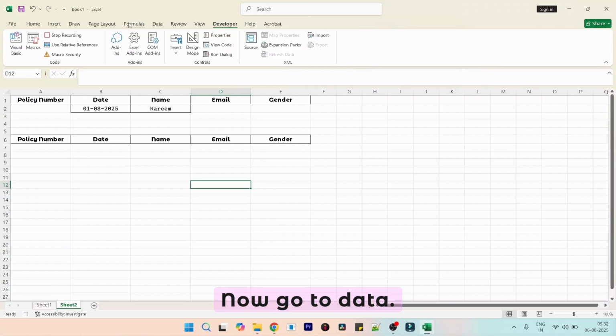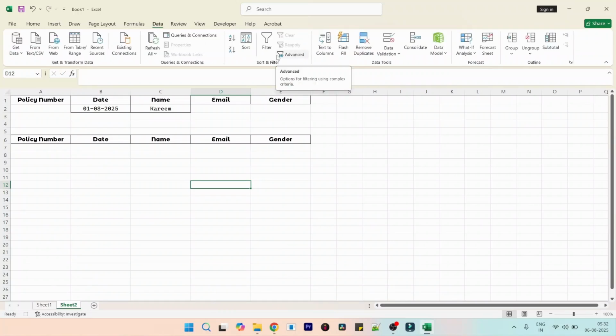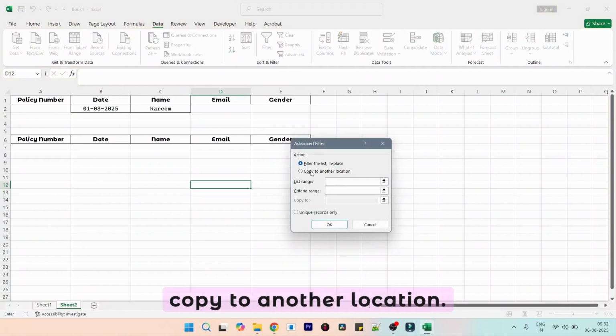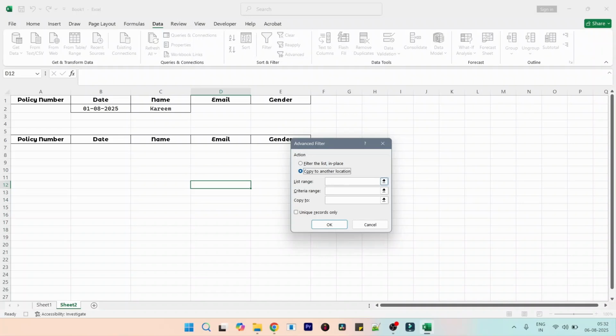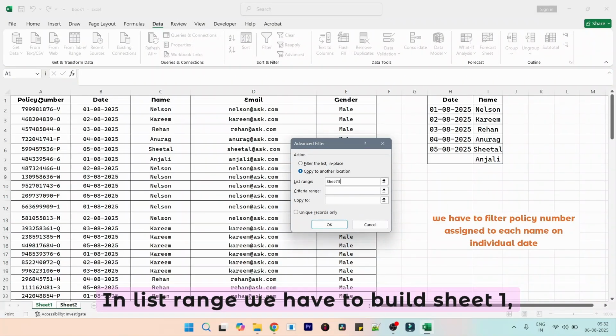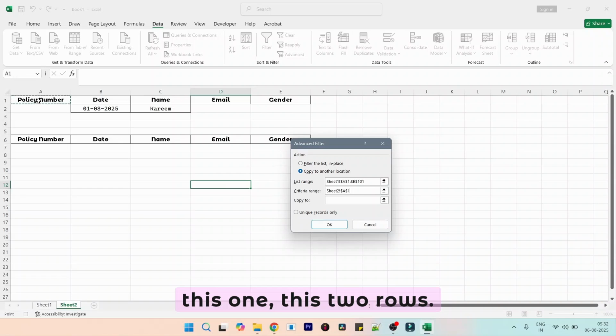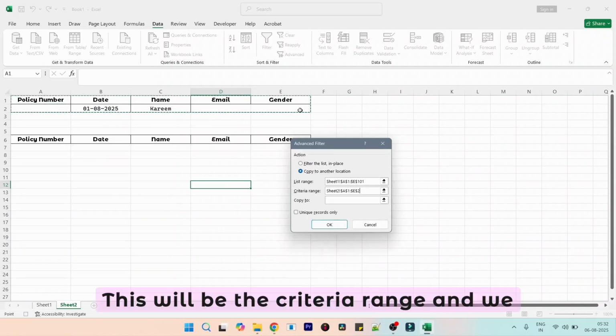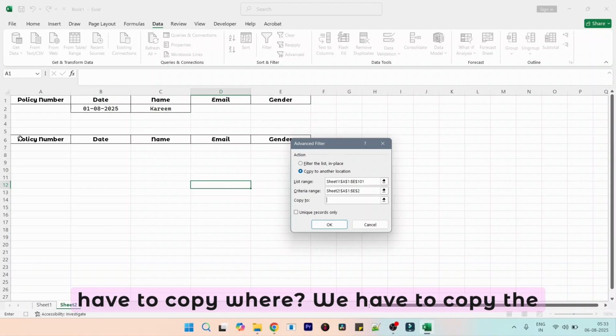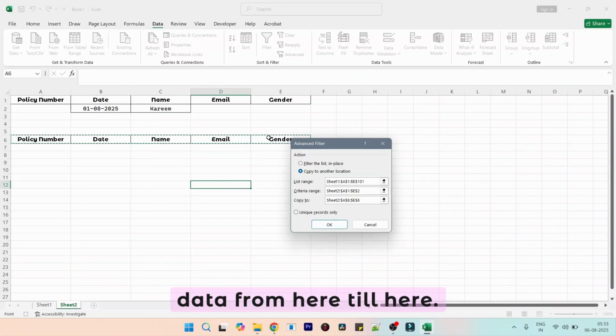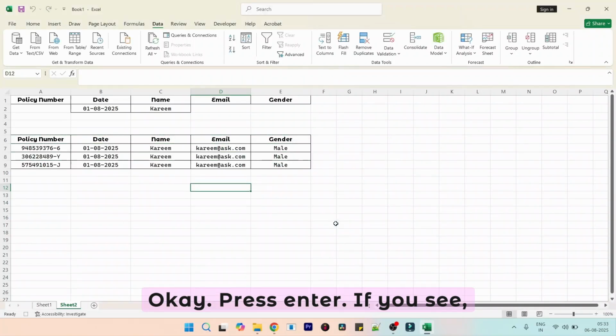Now go to data. In data, here is advanced. In the advanced tab, select copy to another location. In list range, we have to give Sheet 1, select the complete table till here, last row. The criteria range will be this one, these 2 rows. And we have to copy where? We have to copy the data from here till here. Okay, press enter. If you see, we have got the result